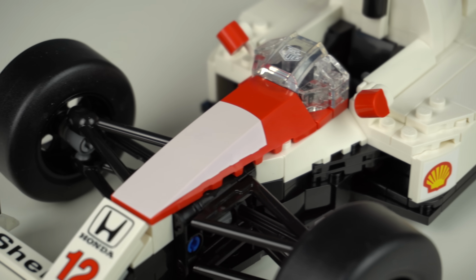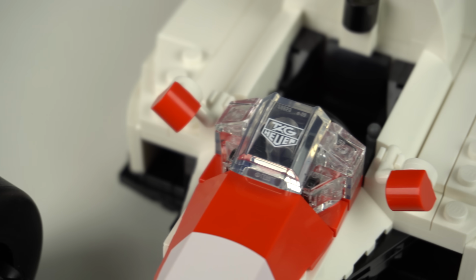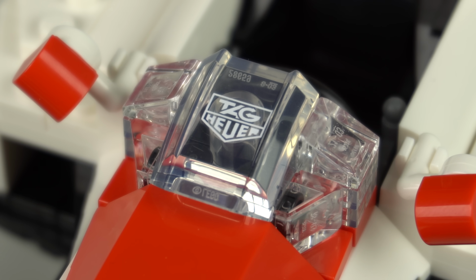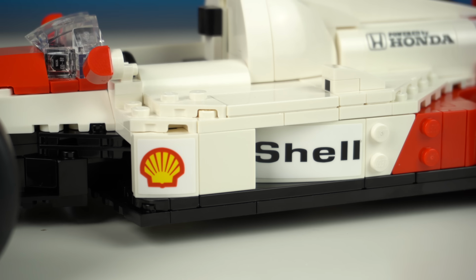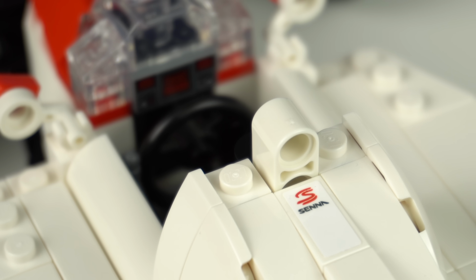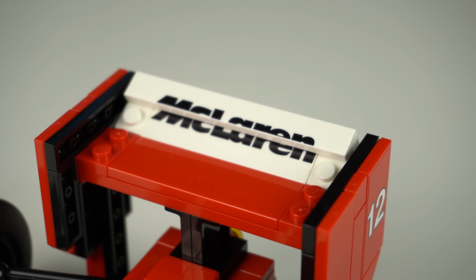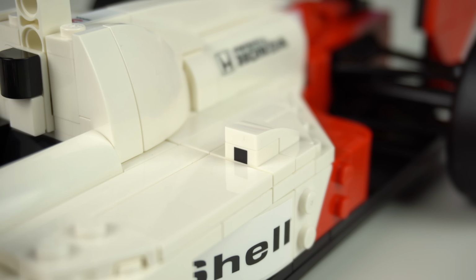Behind the wing, this wedge piece I've never seen before is also printed, and it may be hard to tell, but the windscreen is as well, with the TAG Heuer logo, though on the air intakes the Shell branding is once again stickered. Senna's signature behind the cockpit is another, as well as the number 12 in the back once again. But the McLaren logos, the powered by Honda deco, this wedge in the back, and these 1x1 plates are